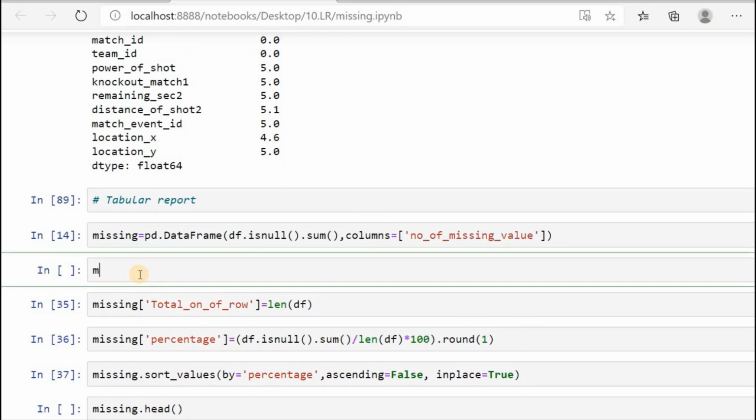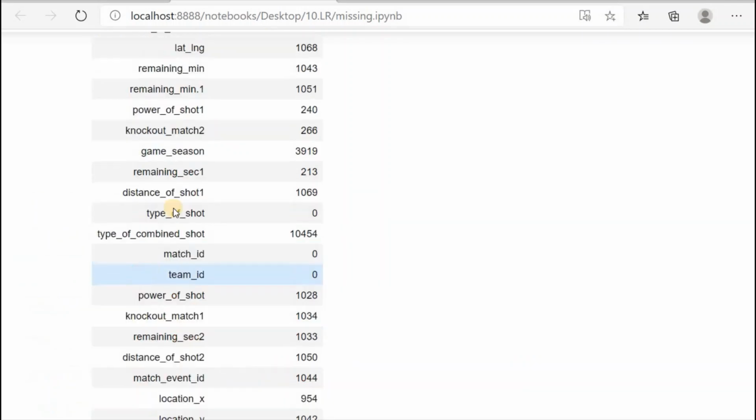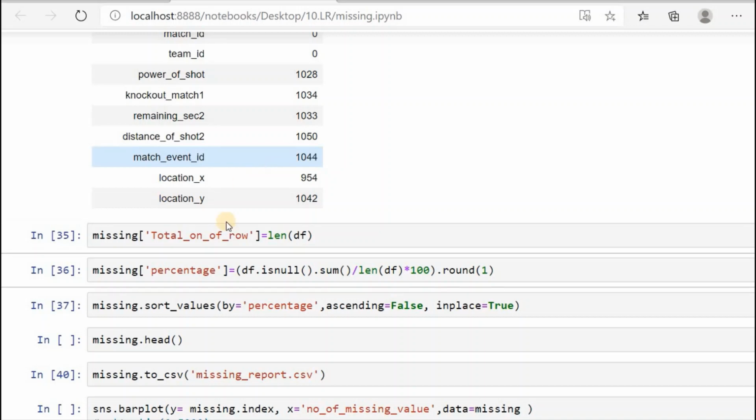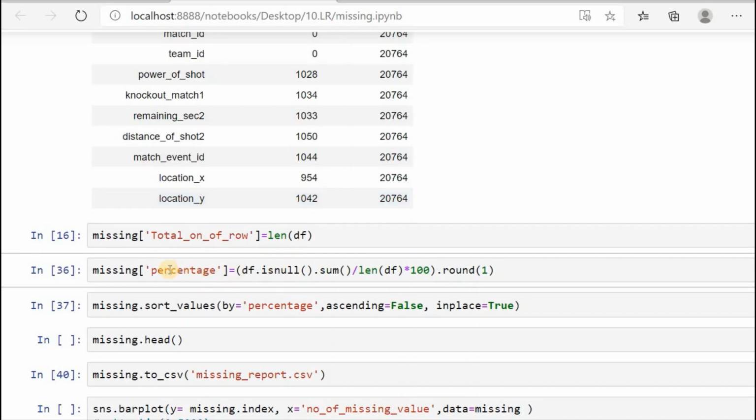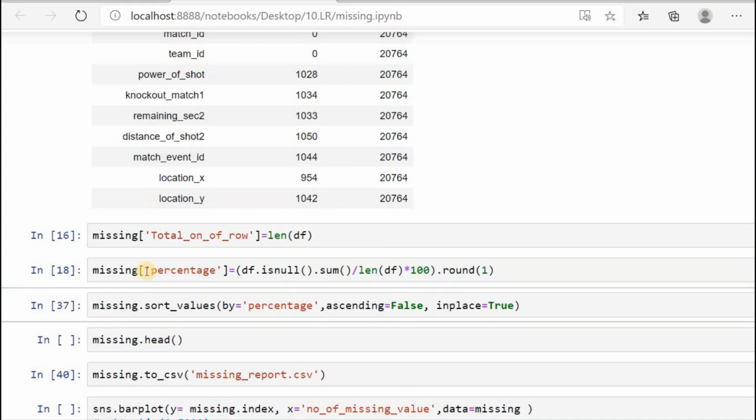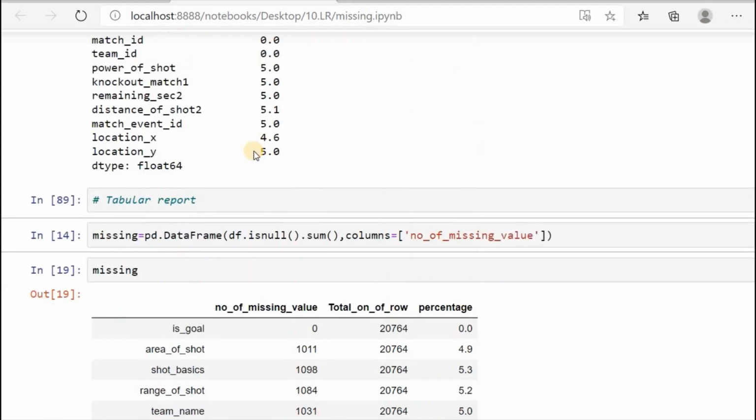If we look at missing, this is the missing. Now we want one more column that would have the total number of rows. So this is the total number of rows, 20,000-something rows, out of which 1,000 data is missing. Next we would find the percentage as I've shown above and add a new column called percentage in this table, and this is how it looks.